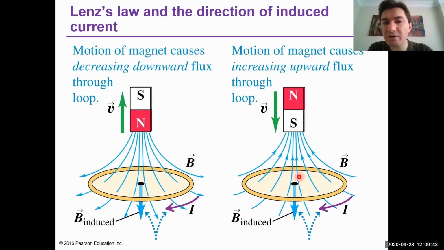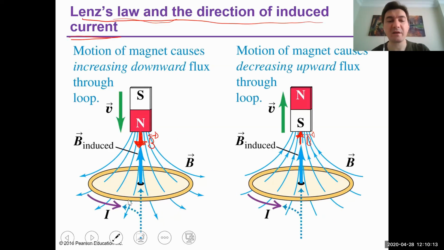Then in order to compensate for that increase, there will be an induced magnetic field in the opposite direction. So depending on the direction of the magnetic field, by using the right-hand rule, there will be an induced EMF and induced current in the system. So these are the 4 conditions in order to determine the direction of the EMF and the direction of the current